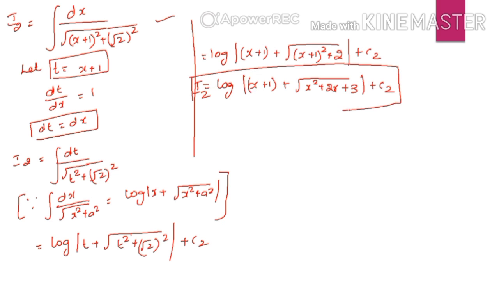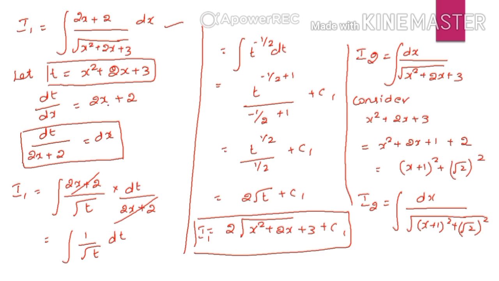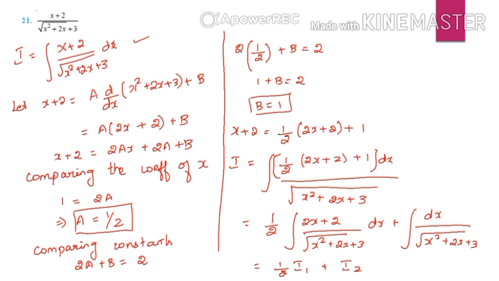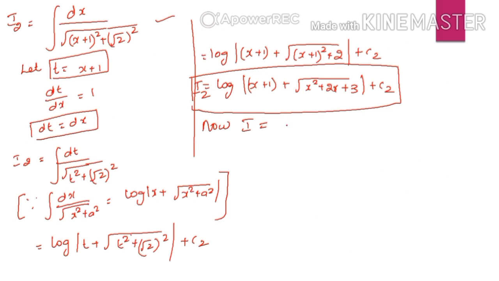Now we have to find the value of I. So what is I? Let us see the previous slides. Here we have the I1 value, and here we have the I value. The I value is 1 by 2 I1 plus I2. So let us substitute here. I is equal to 1 by 2 I1 plus I2. So this is equal to 1 by 2 times I1, so the I1 value